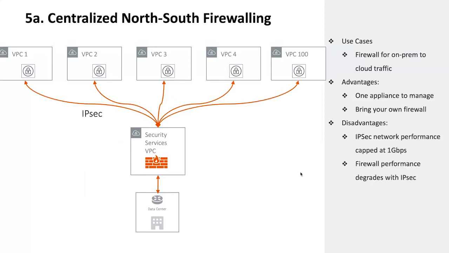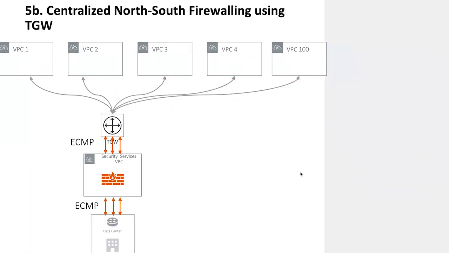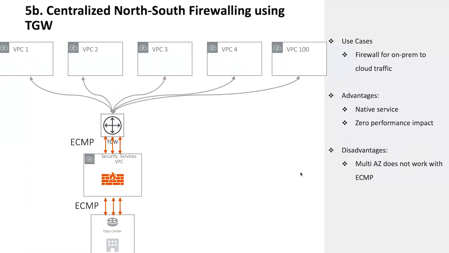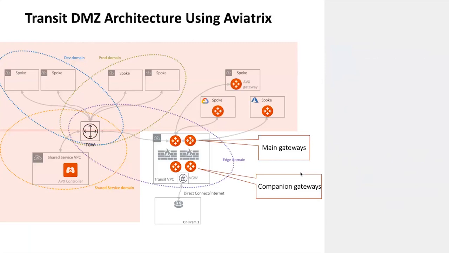Firewall performance goes down and requires an external script to manage. Same thing. 5B made it better with TGW, where now you don't have the limitation of the performance, but multi-AZ is a problem, it doesn't work with ECMP, manual updates to the routing table are a problem, it's all static, so still problematic. And therefore, we bring you the final design, which is the Transit DMZ architecture, using